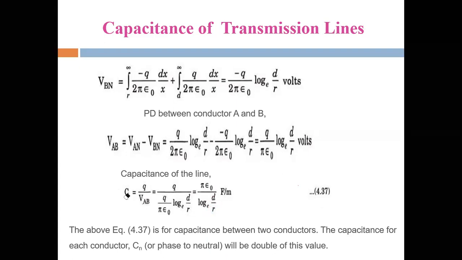Remember the formula: C is equal to pi epsilon naught divided by log of D by R. This is the capacitance of a single phase overhead transmission line, where the epsilon naught will be dependent